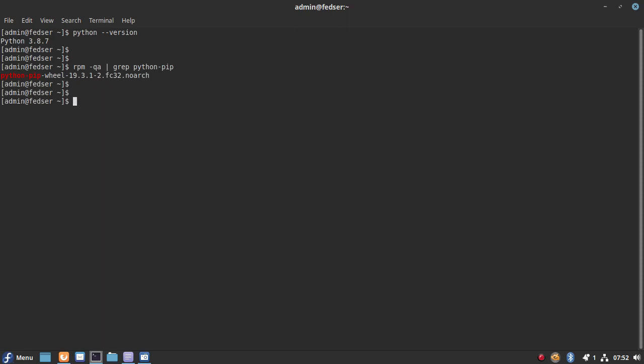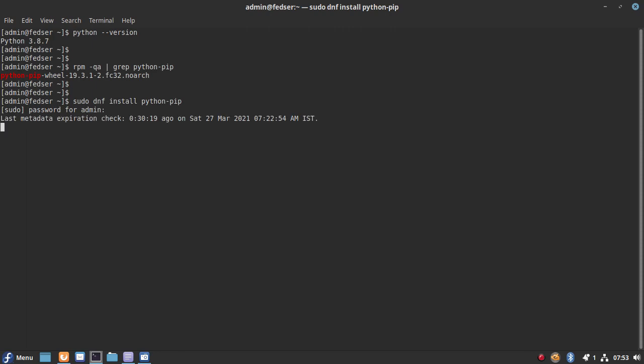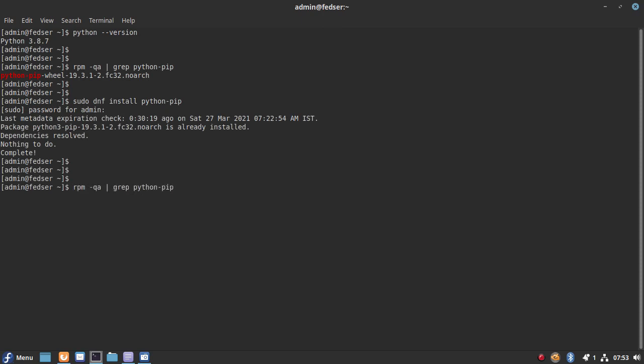If you do not have it, you can use sudo dnf install python-pip. This is going to install the Python PIP package. But I already have it, so it shows it is already installed. The same is the case with the Python devel package.